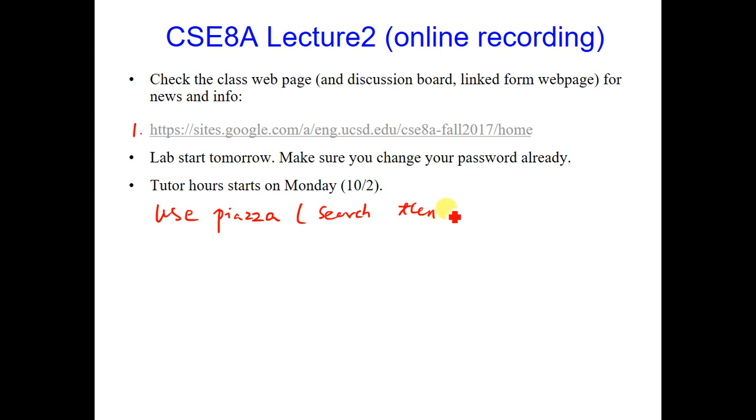If you search for a keyword on Piazza and can't find anything related to it, then you post. Don't start with a post, because if your question has been answered before, it will probably be a little slow for people to respond again. So search first, and you can get the answers quickly.